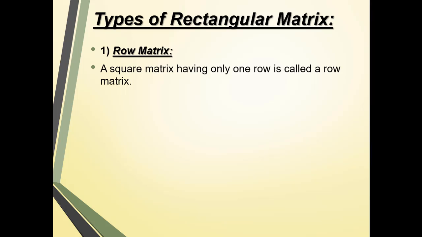Now let us learn something about the types of rectangular matrices. So basically there are two types of rectangular matrices. Number one is called the row matrix. A matrix having only one row is called a row matrix. For example,